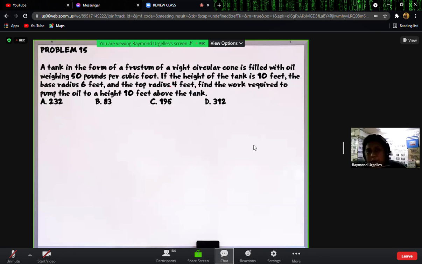So first, we have a frustum-shaped container, or tank in this problem. Again, when we say frustum, just imagine you have a circular cone and you remove the top part, such that the two bases of our frustum are parallel to each other. So basically, let's say this is the lateral